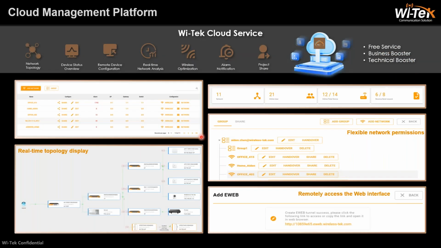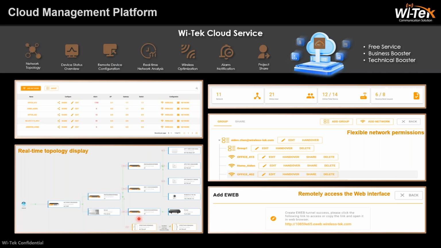Okay, this is our cloud platform, some screenshot. Our cloud platform and cloud service is totally free. And we can see we can build unlimited project support group and real-time topology display. Even some of the gray color means this line has bugs and needs to be recovered, and if some device is blue, it means this device is very normal,